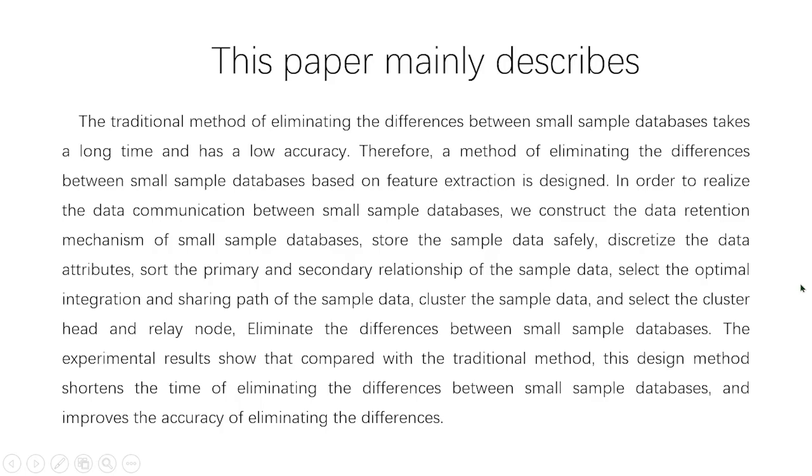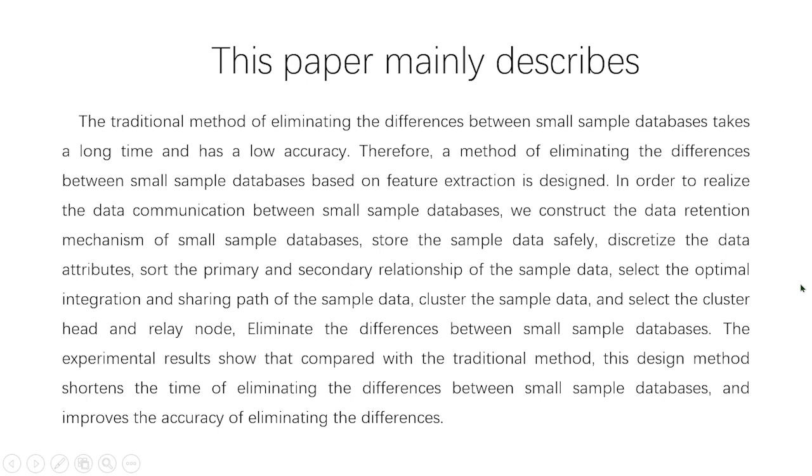This paper mainly describes that the traditional method of eliminating the difference between small sample databases takes a long time and has a low accuracy. Therefore, a method of eliminating the difference between small sample databases based on feature extraction is designed. In order to realize the data communication between small sample databases, we construct the data retention mechanism of small sample databases, store the sample data safely,